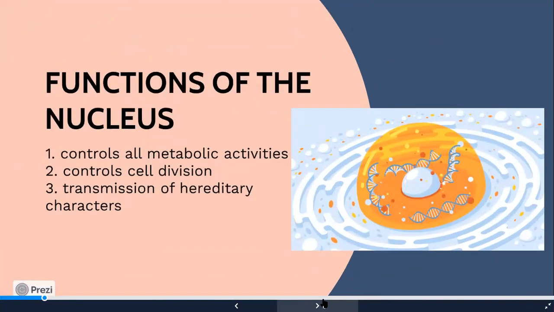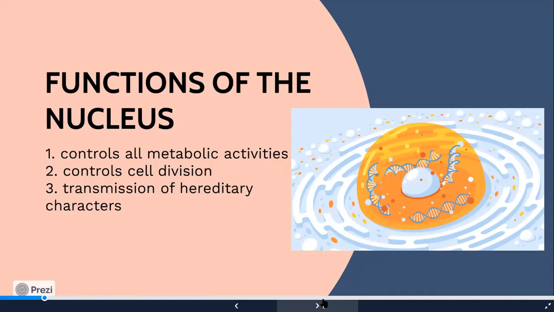Now, what are the functions of the nucleus? It controls all the metabolic activities. Of course, if I'm saying it's the brain of the cell, it should do some important function, and that important function is controlling all the metabolic activities. It also controls cell division. So, for example, if something goes wrong in the nucleus, there will be abnormal cell divisions in your body, and due to that you may not recover from a particular injury, or cancer causing cells may be formed because of irregular cell division.